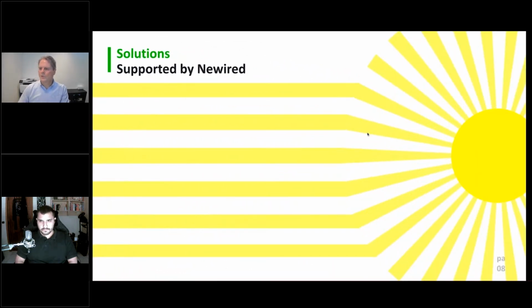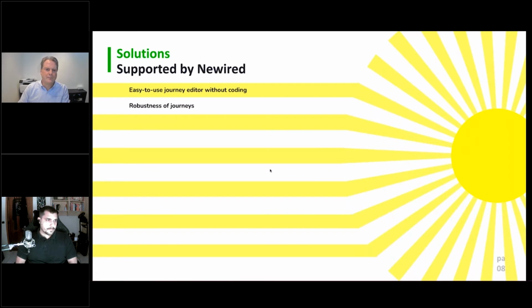So, on the more sunny side of the page, what do we have in store for all those challenges? Well, there's a really easy to use journey editor. It requires no coding. Gianluca will show how it works after this slide with an easy example. But this is one of the things that we hear a lot from our customers. Newired is really easy to use. It's really a point-and-click way of going through your journey.